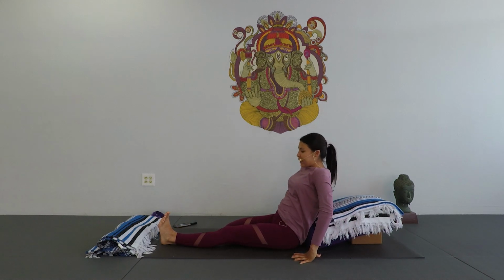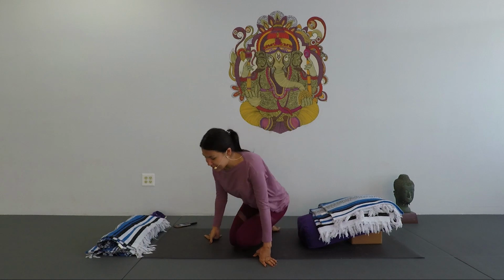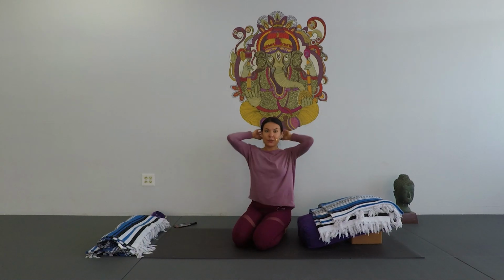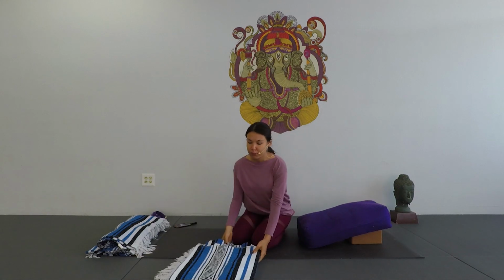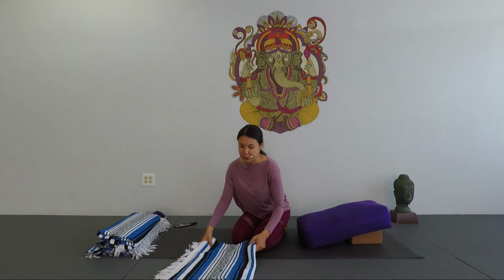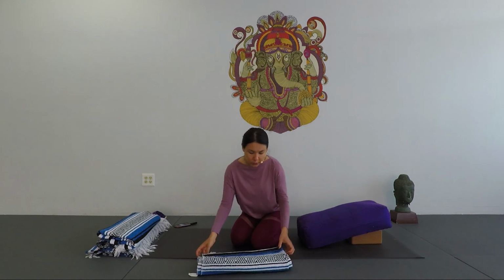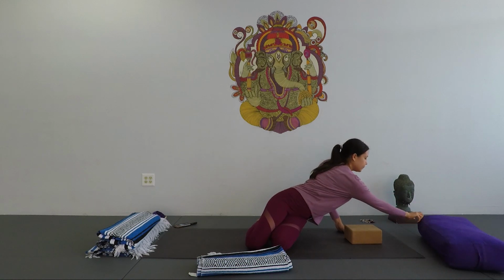Okay. So by the way, something else came to my mind while I was in Supta Virasana. Let me show you one more variation for the Virasana position, for those who have very sensitive ankles. Just one more and we will move towards the final pose. So what we can do to support our ankles